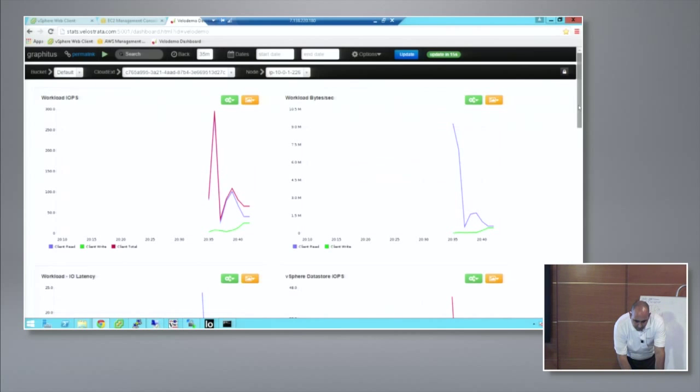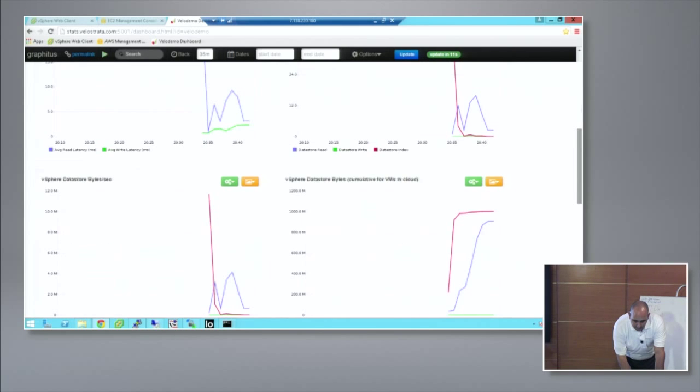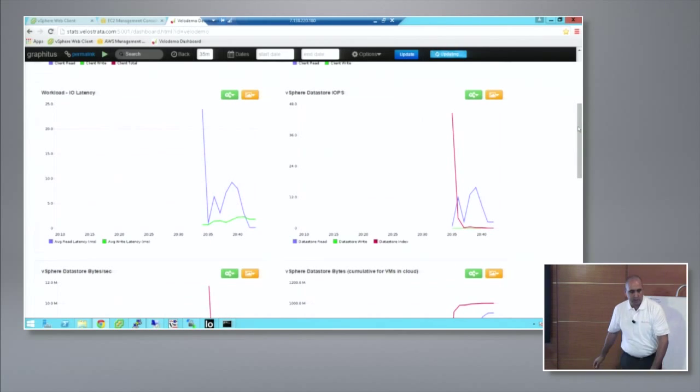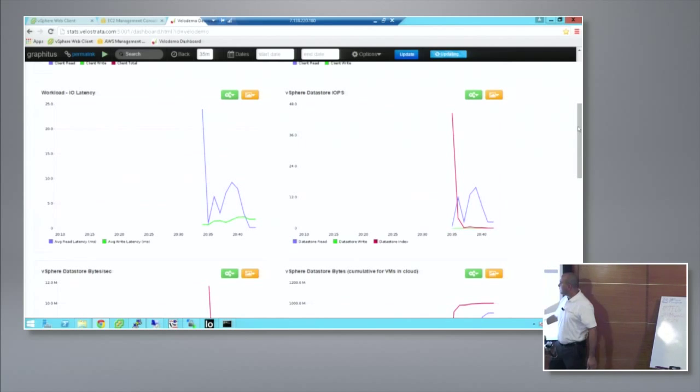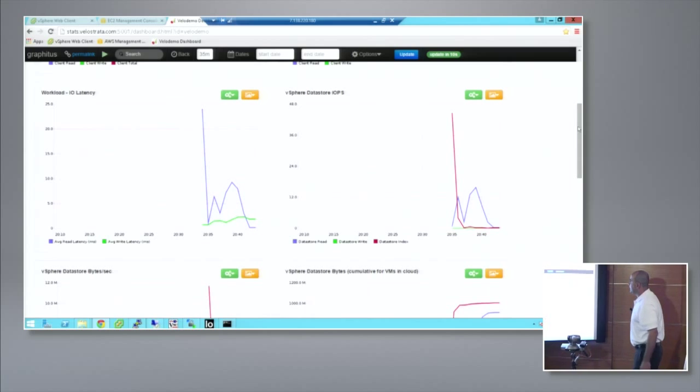And then, as we scroll down, you can see some interesting numbers there around the I/O latency and the data center IOPS. So this is the workload I/O latency as observed by the clients that we serve. You can see write latency is around the 2.5 millisecond range. Read latency starts a little bit higher, around 20, and very quickly converges down to single digits, about 5 millisecond latency there. You can also see the data store IOPS during this operation when we're running the user load,